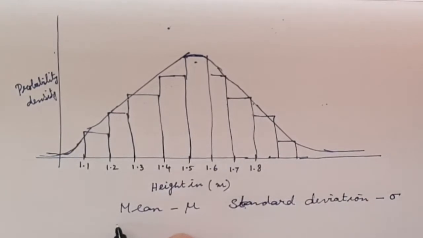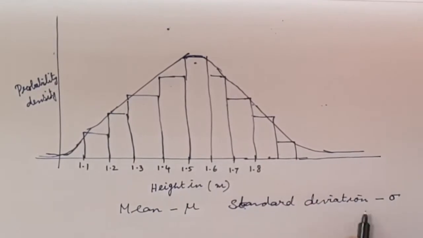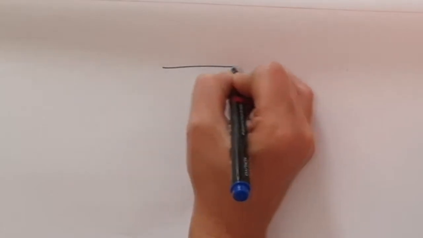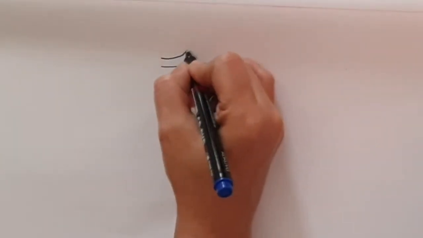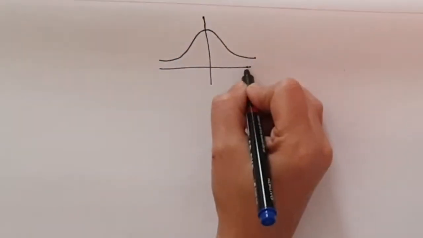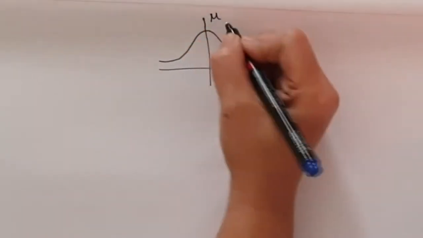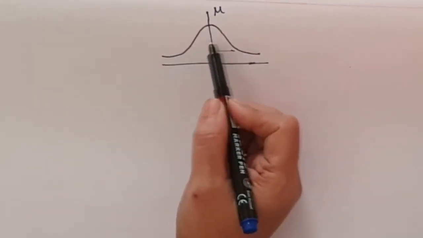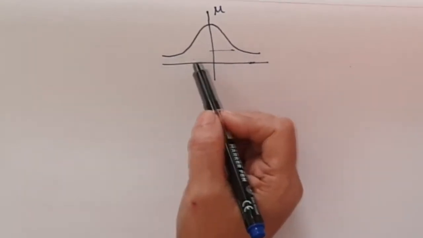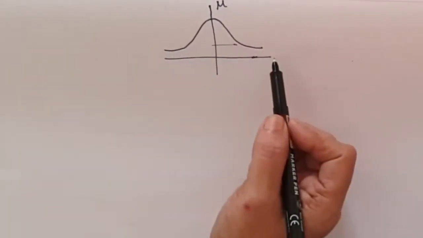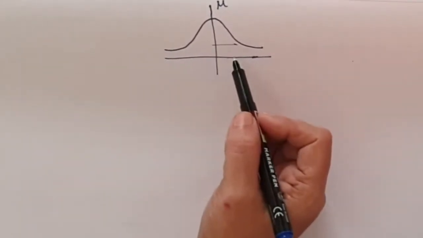The normal distribution is defined by two parameters, the mean mu and the standard deviation sigma. The mean gives the central location of the data, which is the line of symmetry. That is, if we have a bell-shaped curve like this, this is the line of symmetry for this curve, and this value will be mu. The mean mu and the standard deviation determine the shape of the curve. That is, the smaller the standard deviation, the less spread out the data. Similarly, the larger the standard deviation, the more spread out the data.